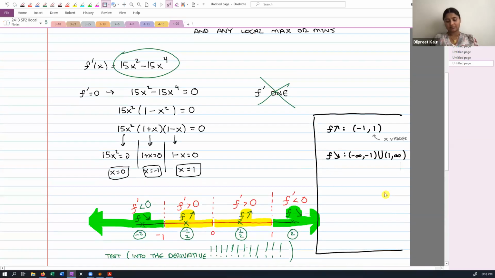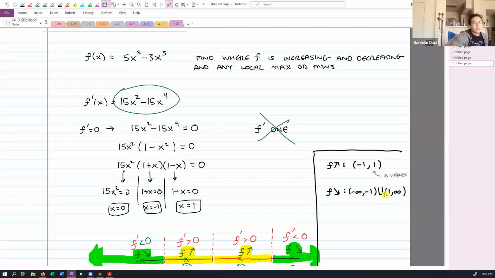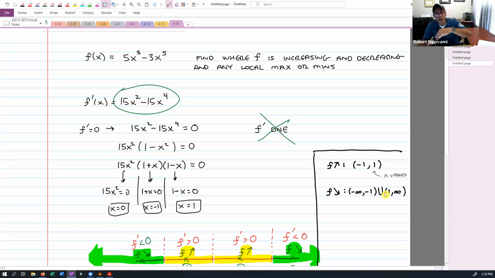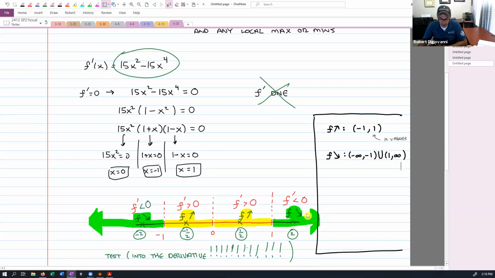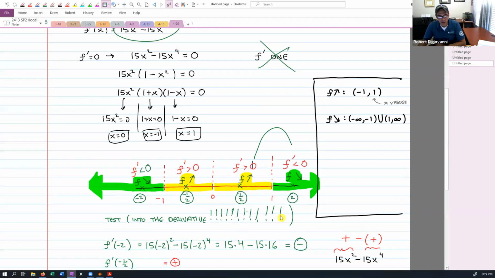All right, let's talk about local maxes. Do we have any local maxes? So what are we looking for? Where it switches from increasing to decreasing, right? I mean, look at it. Can you see it here? The little up and then down, right? Can you all see that this really means that our function goes up and then it comes down? So we should have a local max. Where is it occurring? At x equals 1. So we have a local max at x equals 1.